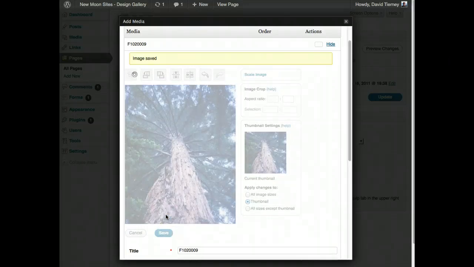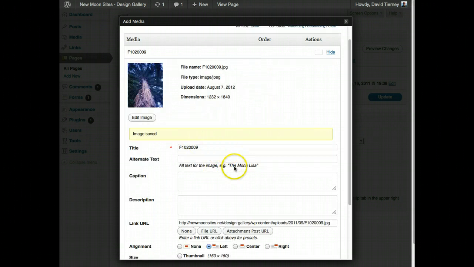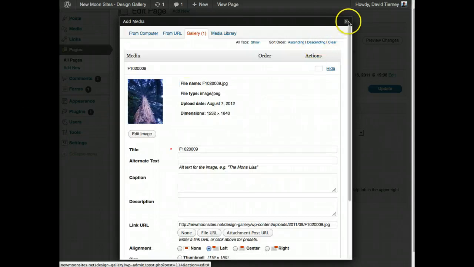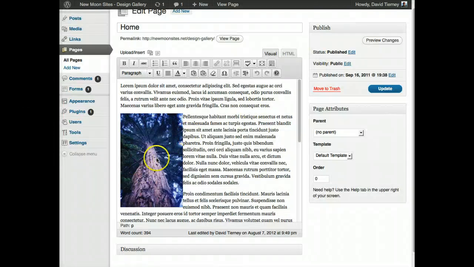We'll go ahead and save this. Now this is only going to apply to images if I add this again to the web page. So I'm going to scroll down here to the bottom. I'm going to save all changes. So that saved all the changes I made. Close out of here. But this image is not going to have been changed because it's already been added to the page. So that image was cropped,